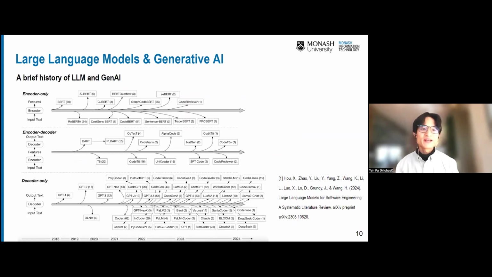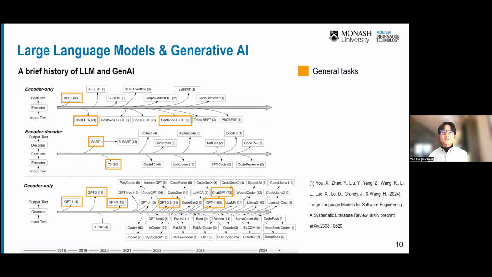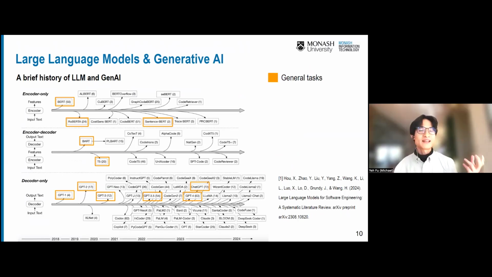And here is a brief history of large language models and generative AI. I would like to introduce 2 kinds of language models. The first one is the general natural language one, for general tasks. These models that we see here, BERT, RoBERTa, T5, GPT, are trained with general text data, for example, dictionaries, online news, or online articles. So you might ask this kind of model to summarize your article and do grammar correction.